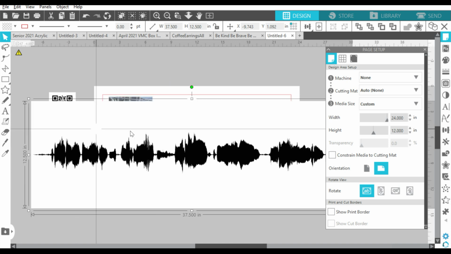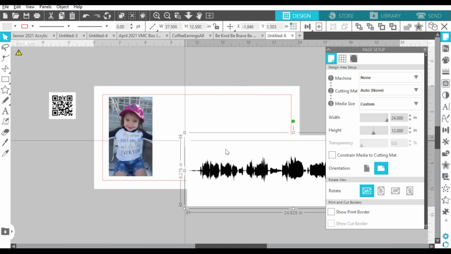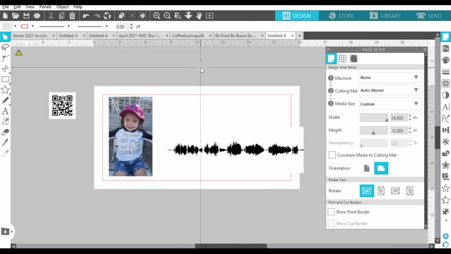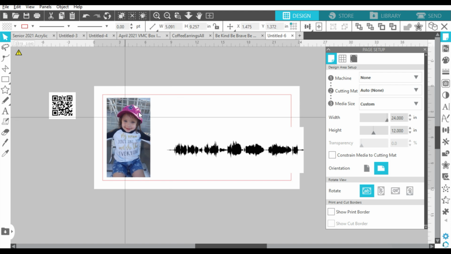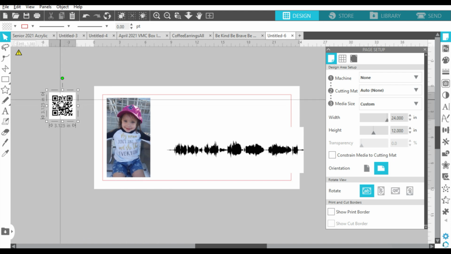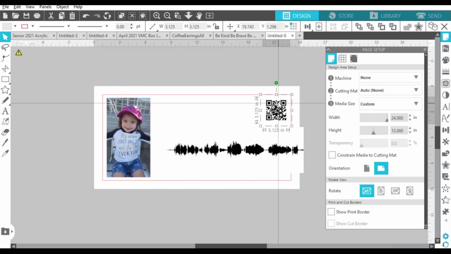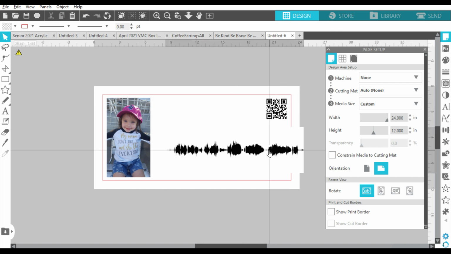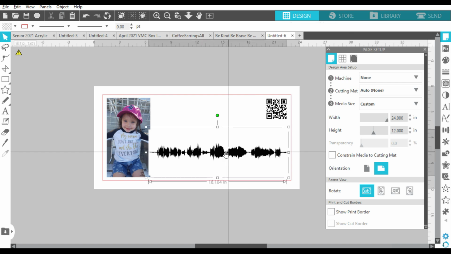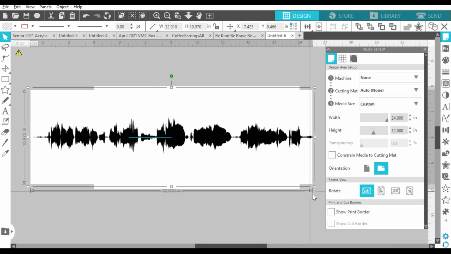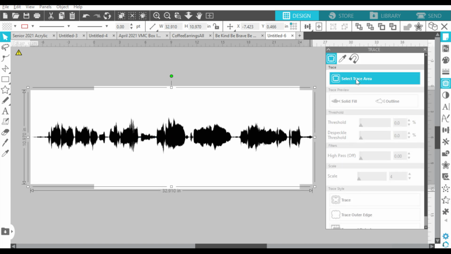File Explorer. Now I do want to go ahead and size this down. I don't need it super large. I am going to have to trace it though. So I may want to bring it a little larger. But I'm going to leave the QR code and the image where they are, because like I said, I'm just going to print them. Now, I'm going to show you how to set up this file, but we're not actually going to cut it today. All right, so don't let that disappoint you too much. We are going to have a follow-up video for you to show you how to actually assemble this.